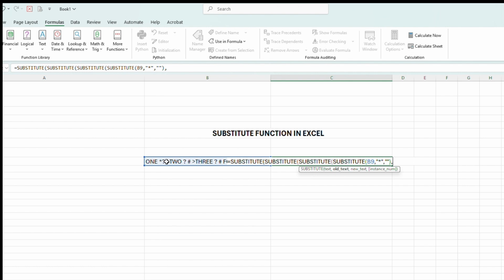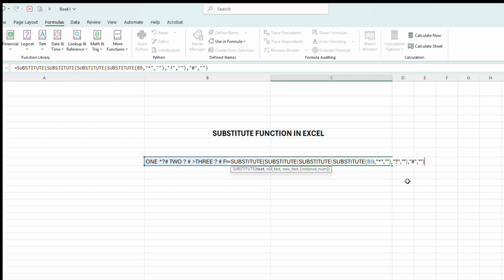Now what you want to remove, question mark: double quote, question mark, double quote, comma. For blank, double quote, bracket, again comma. So the third one will be hashtag: double quote, hashtag, double quote, comma. You want to leave it blank, so double quote,